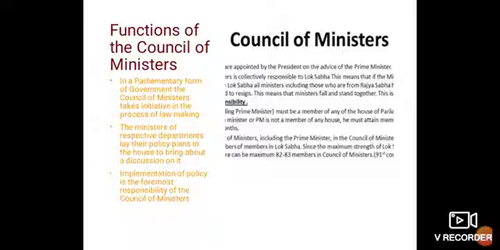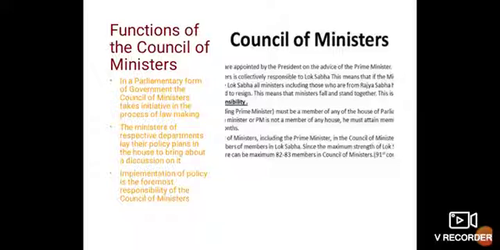Therefore, the ministers of the respective departments lay their policy plans in the house to bring about a discussion on it. So whatever their ideas and plans are, they bring them in the house, discussion takes place, and only then can the things be brought into force. After this,